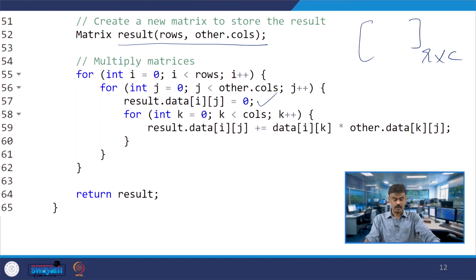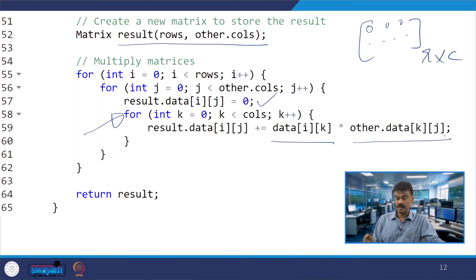Initially I put everything in this R cross C matrix as 0, and then for matrix multiplication, you take the row, for example the first element, multiply it with all the column elements and then add them. That is what exactly you are doing. When k runs from 0 to columns minus 1, the data of i k of one matrix is multiplied with other dot data k of j.